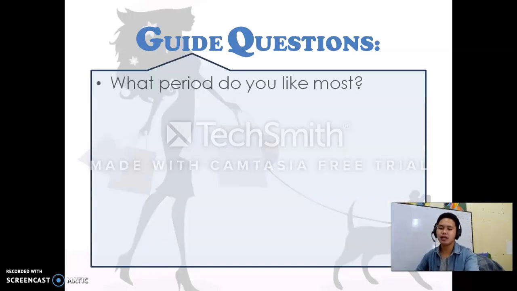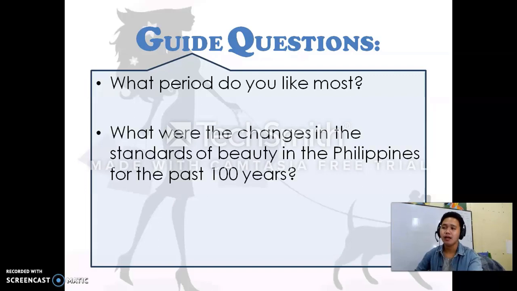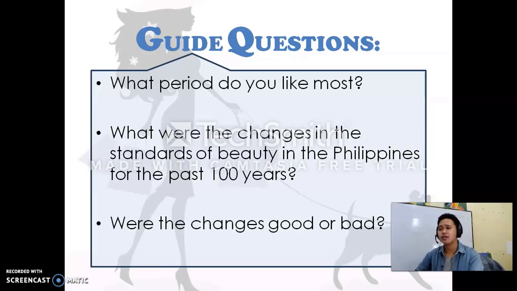So before we start, let us all answer and understand the following questions. What is the period that we usually like the most? Personally, the period that I like the most is way back in childhood. Because there, even though we didn't have gadgets, cell phones, and other stuff that we can instantly communicate with others, it was very enjoyable. Because we are facing